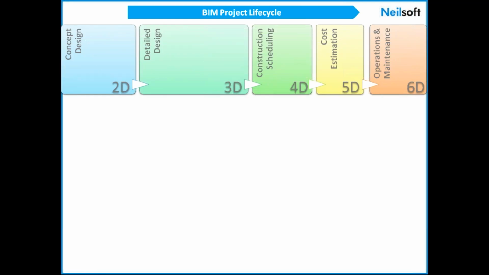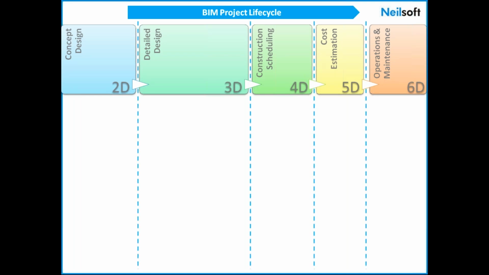Now, as part of the BIM process automation, in this slide I'm going to discuss various stages in the BIM project lifecycle, where we start early with the concept design, 2D, where essentially we work in 2D by creating various sketches or volume models using SketchUp and a few other tools. Then going to the detailed design step, and from there going to the construction sequencing, cost estimation, and finally